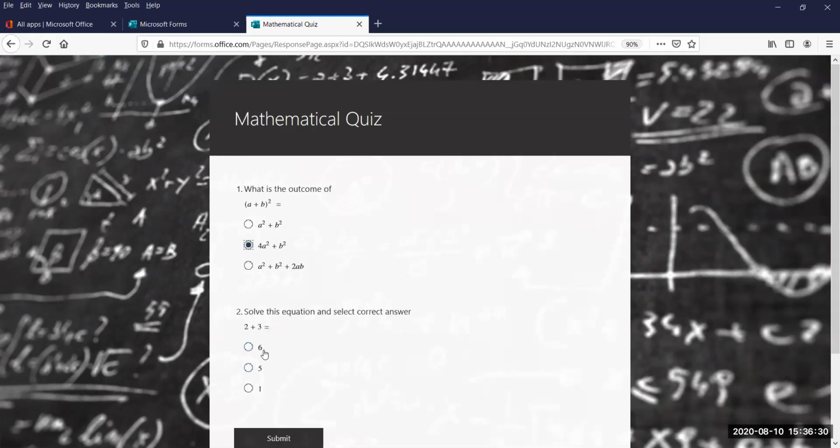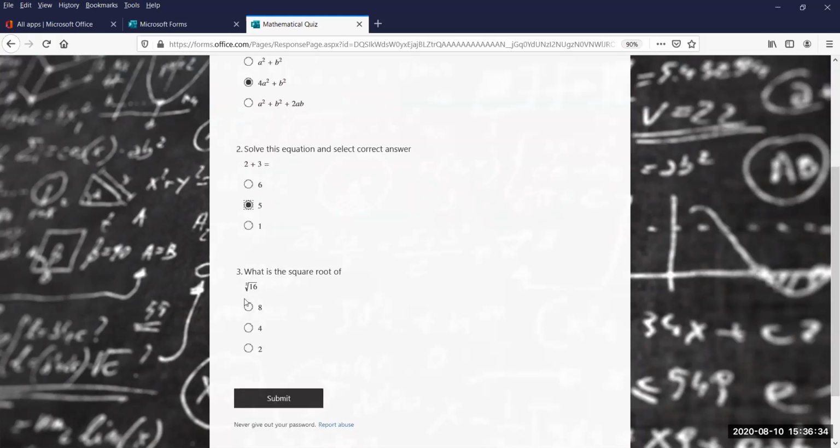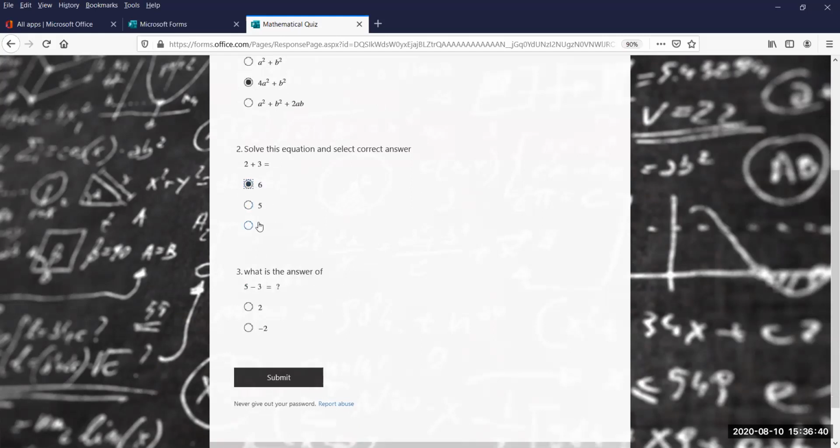Here 2 plus 3 equals 5. If I select the correct answer, it will take me to the next level of tough question, which is the square root. If I select wrong, then it will at least check, okay, if I don't know addition, then let me try whether the student knows subtraction. And here I have selected. At some level, I have to close the form. Then I will select any other form and I can submit.